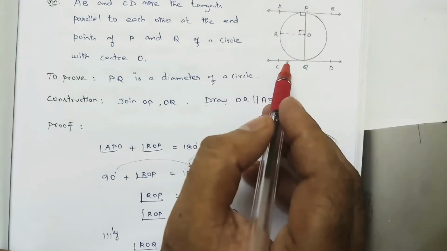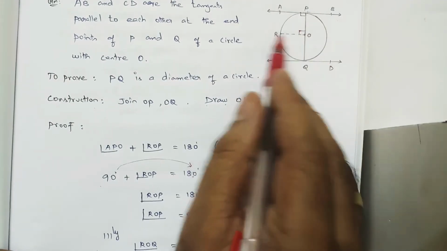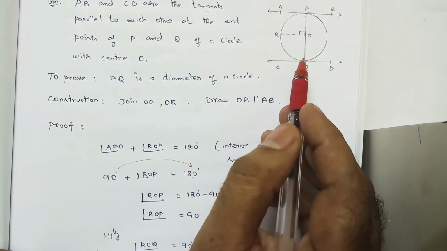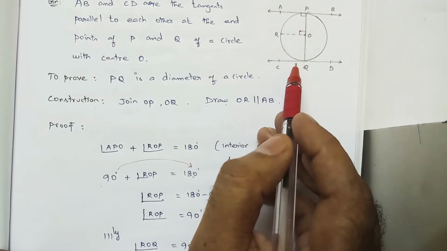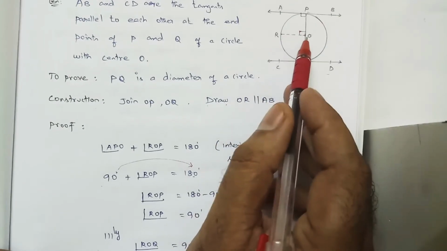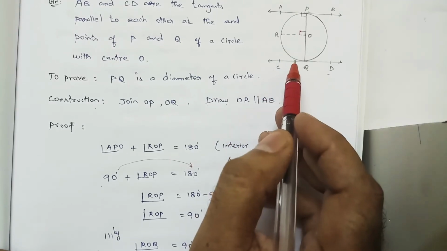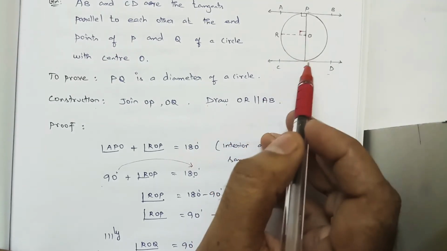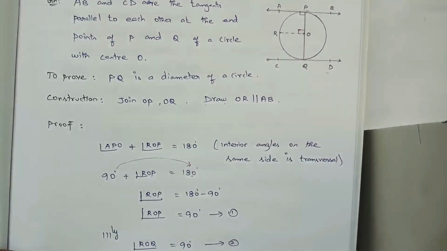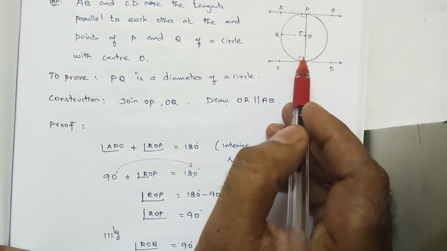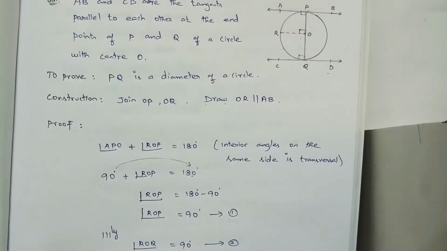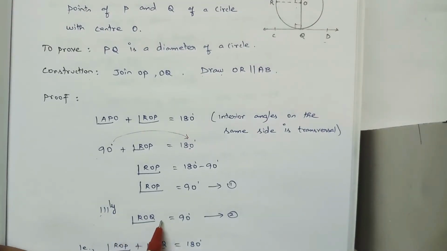Next I am taking these two parallel lines RO and CD. The sum of the two interior angles on the same side of the transversal is 180 degrees, because CD is parallel to RO and OQ is the transversal line. Similarly, while proving this, the angle is 90 degrees. If this is 90 degrees, then we can say ROQ is also 90 degrees. So directly I am writing that similarly angle ROQ is equal to 90 degrees.